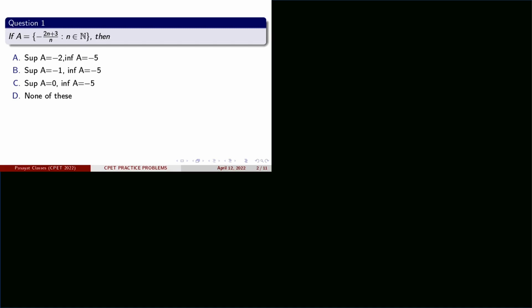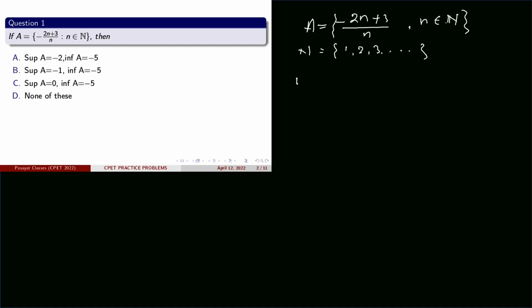Here the set A is equal to minus of (2n plus 3) divided by n, and the value n belongs to the natural number set N. So here the natural number set N comes from 1, 2, 3, and so on. On putting these values we get the value of A as